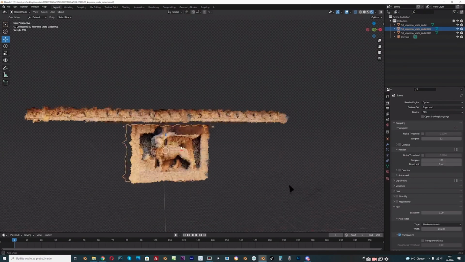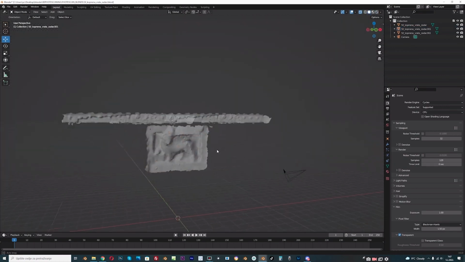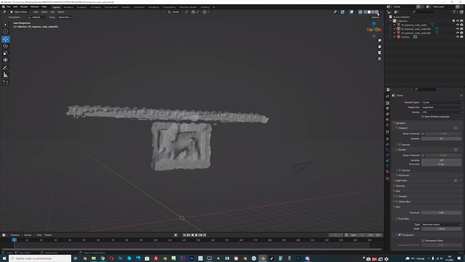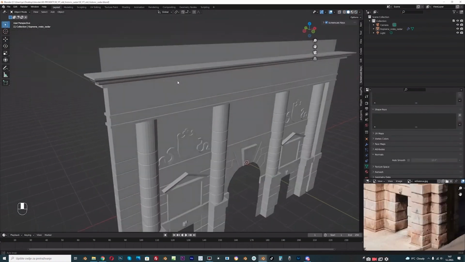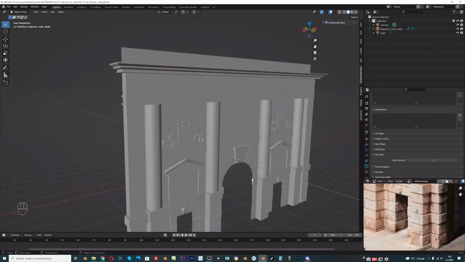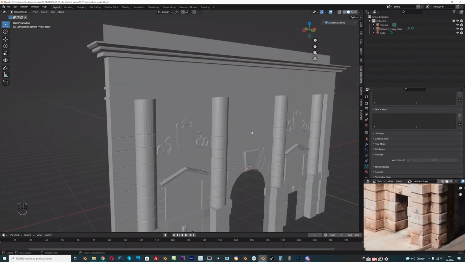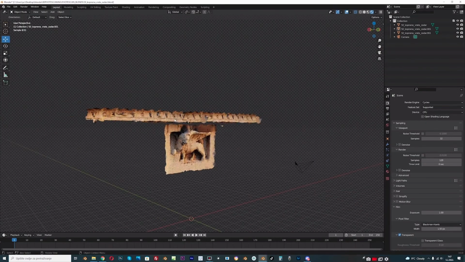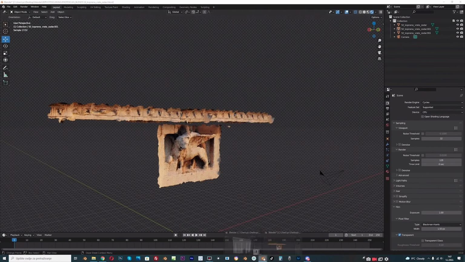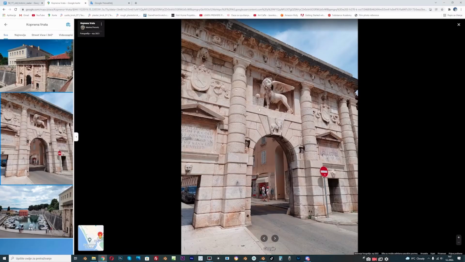And one is this lion. And another part is this one on top, which is also pretty complicated to model this. So I will just later jump to this file and place lion and this part, and this part here. So I will also share this object with you, so you don't need to model this. And for now I will just make this hole for lion here,